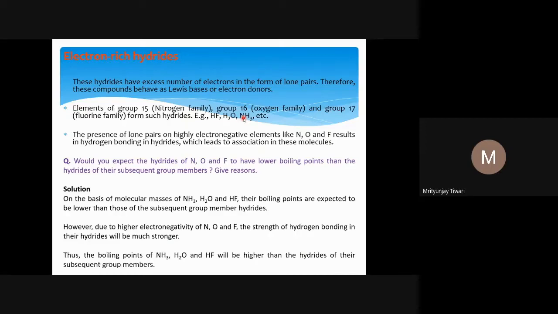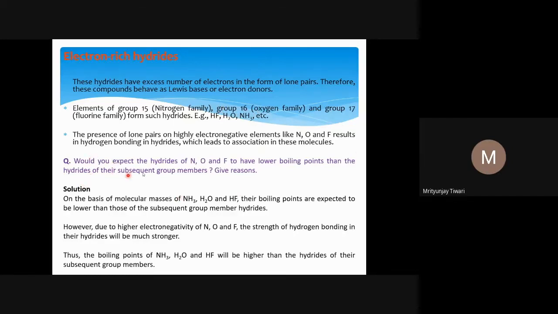In your book, it is written that only these elements, fluorine, oxygen, and nitrogen, form hydrogen bonds. Other elements do not form hydrogen bonds. However, the modern trend, if you look at the current literature, says that for all elements, if there is a difference in electronegativity and the atom bound to hydrogen has higher electronegativity than hydrogen, this hydrogen can be involved in hydrogen bond formation. Though this hydrogen bond will be much weaker than the traditional hydrogen bonds that we usually see.